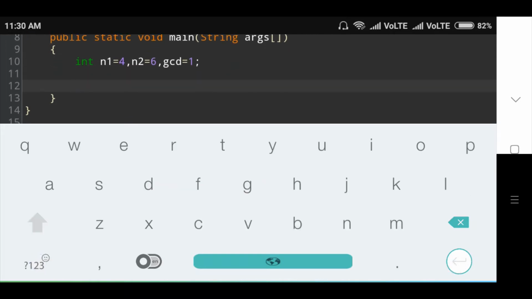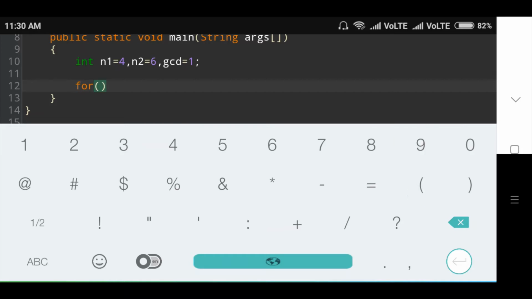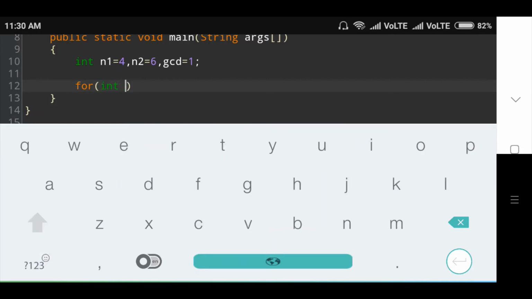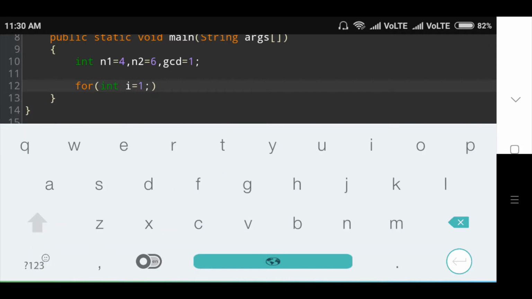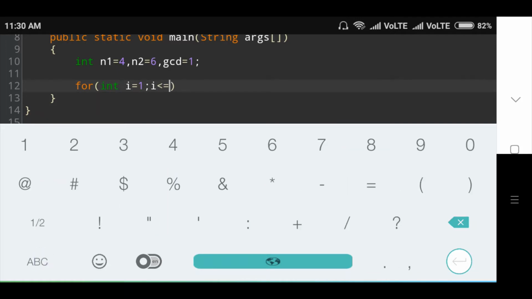Then for loop condition, in that int i is equal to 1, i is less than equal to number1.